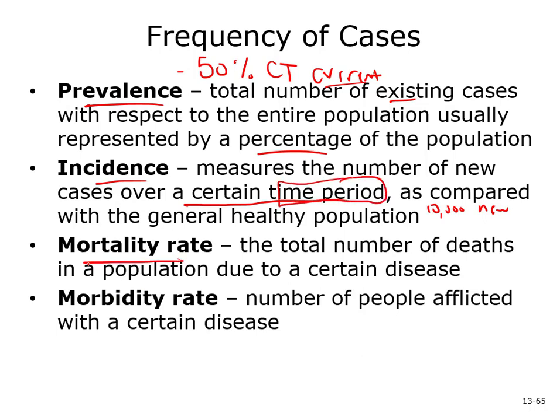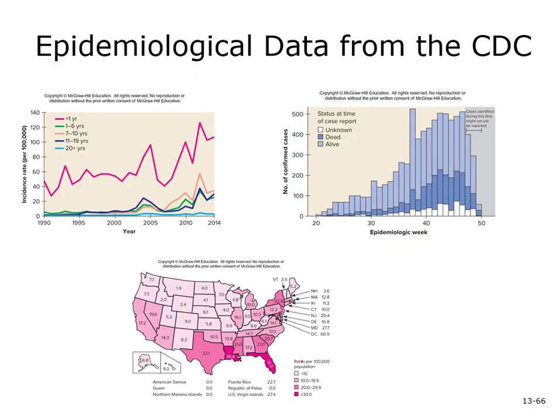Mortality rate is the number of deaths. Morbidity rate is the number of people that are afflicted with the disease currently. Actually, if you go onto the Connecticut Department of Public Health website right now, you could see all these statistics for the coronavirus. And you will see graphs like this. You might have already been checking them, but I've been checking them too. And also you could see incidence rates of the coronavirus for specific age groups.